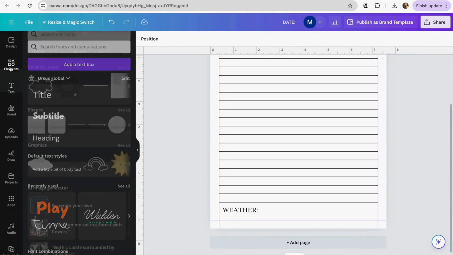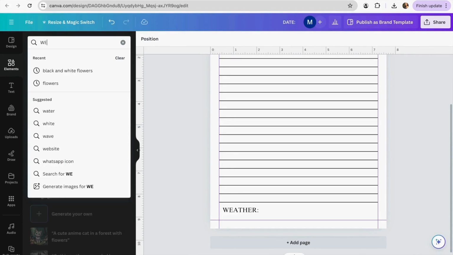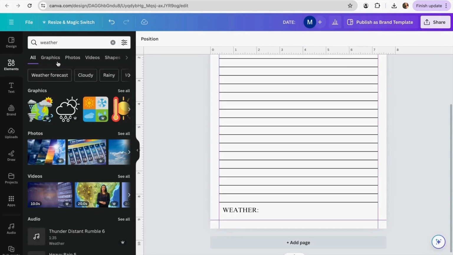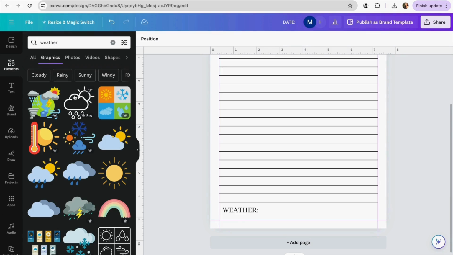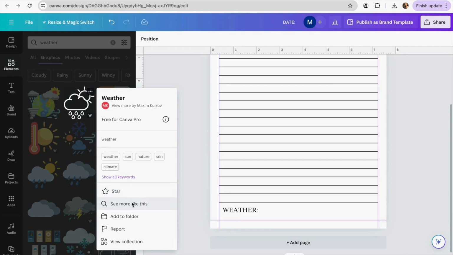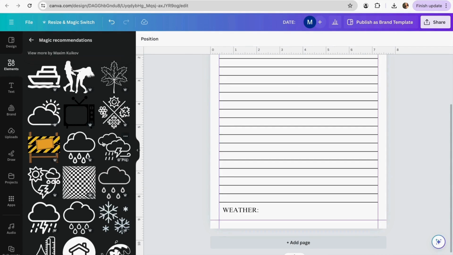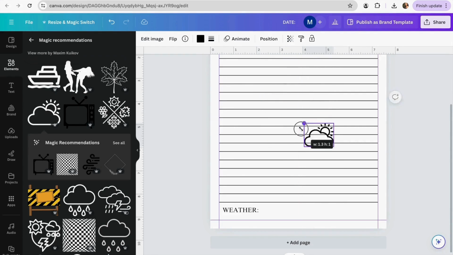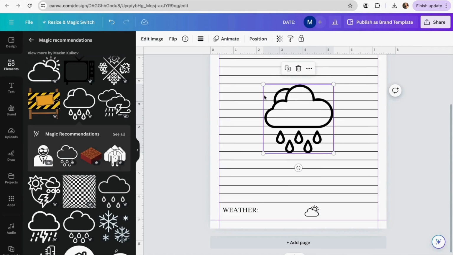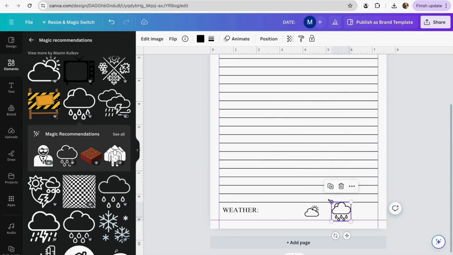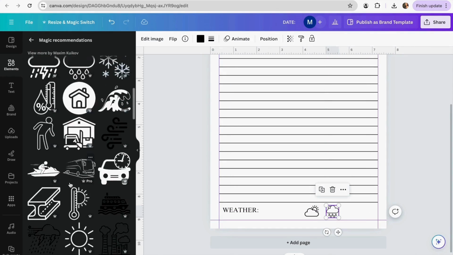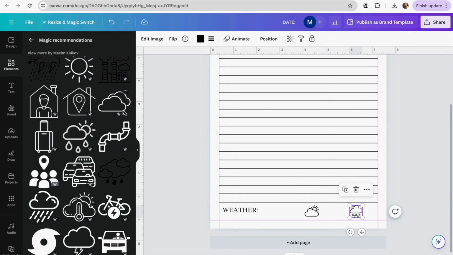And I can go to my elements section, and from here start to look for weather over here, and I'm gonna go to the section of graphics, and I would like to see elements like this one. So what I would do is just click on the three dots, see more like this, and from here we can start to grab elements. So maybe this one, we can add 3 kinds of weather. So maybe not so sunny, rainy, and maybe just add a sun. Sunny, rainy, maybe one more in the middle of here, so cloudy,